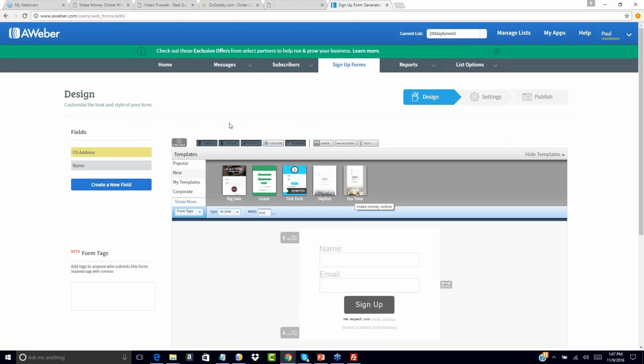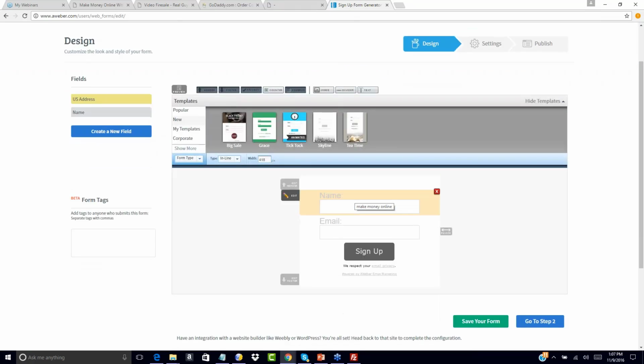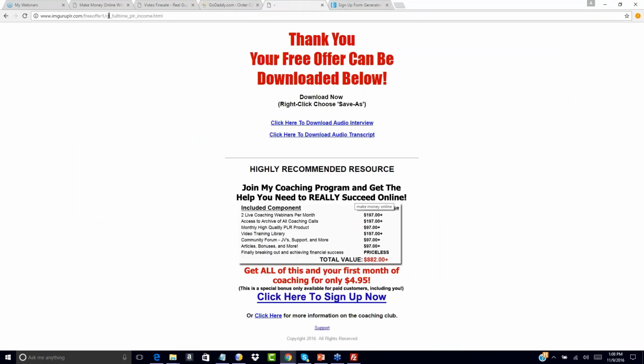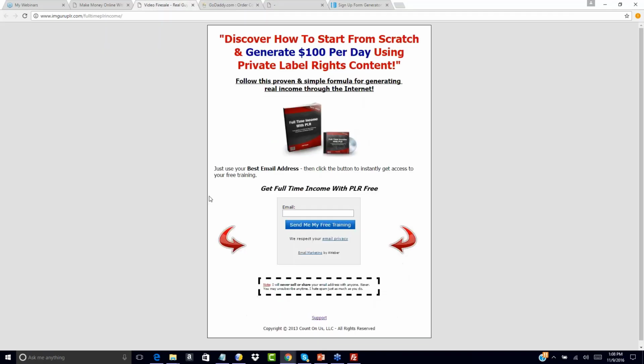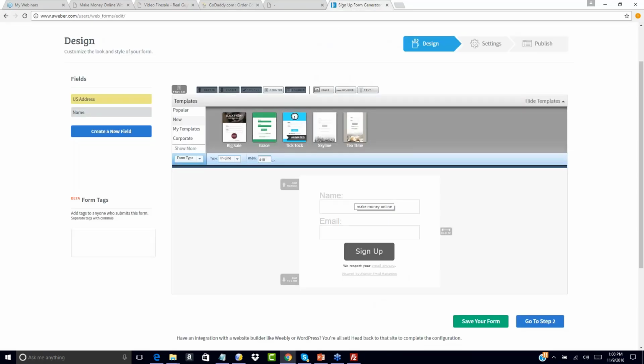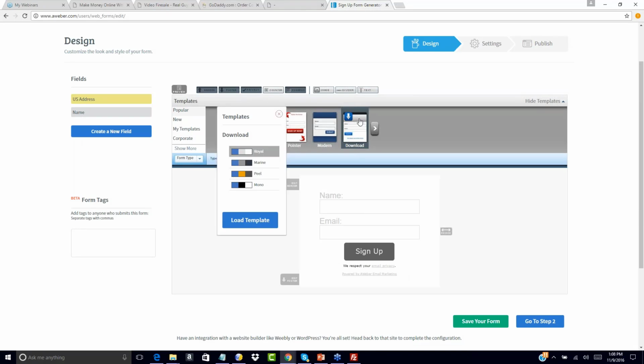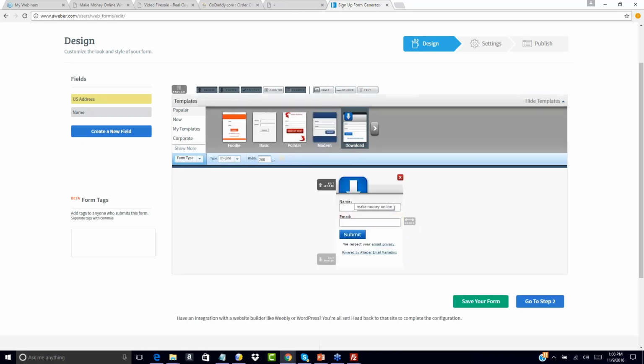Okay, so now what we're going to do here is go to the opt-in forms. We're going to choose our template. There are several templates that you can choose from. There's some that I've used pretty successfully, so I'll show you which one I've used. It's this gray one with this blue background. It works really well for me. Again, you can choose from any of the templates that you want. You absolutely don't need to use the one that I use. I just happen to like that opt-in form. That's all. So I'm going to choose load template,